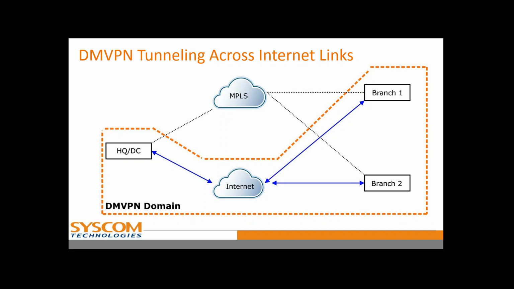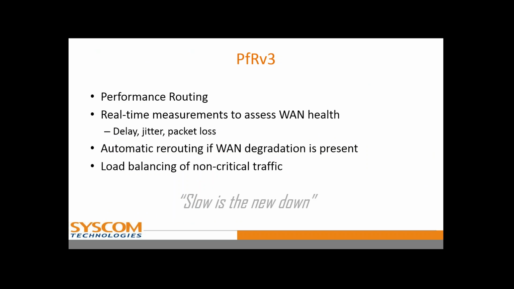DMVPN is a great way to leverage common internet connections and provide the redundancy organizations require, so you'll be reducing costs while still providing secure access. Now, most of you are probably already aware that using tunnels is a good way to connect two sites together in a secure way. On each end, you configure the router or firewall with GRE, IPsec, your routing scheme, and you're pretty much on your way. However,